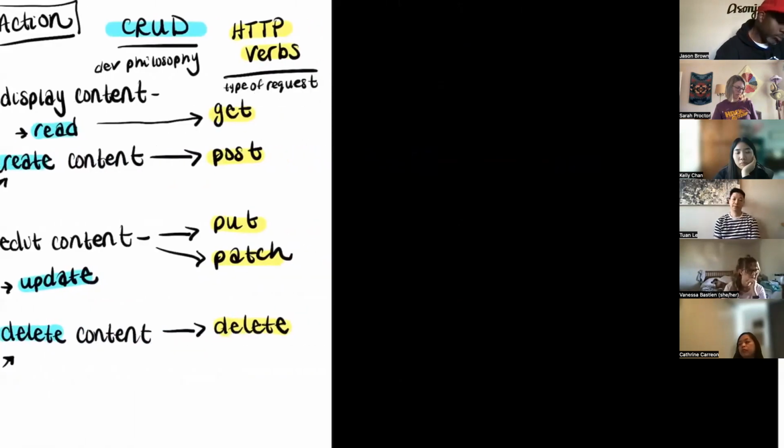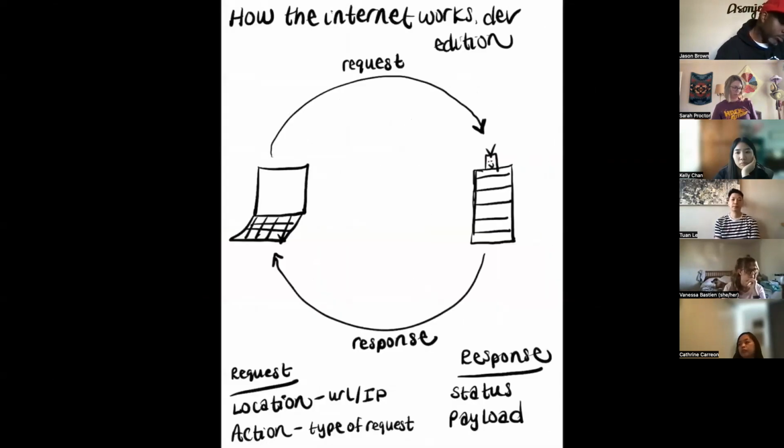So request response, we break that down into the request has a location and an action. Those actions describe the type of request. The response has a status, and then finally a payload. So this whole thing